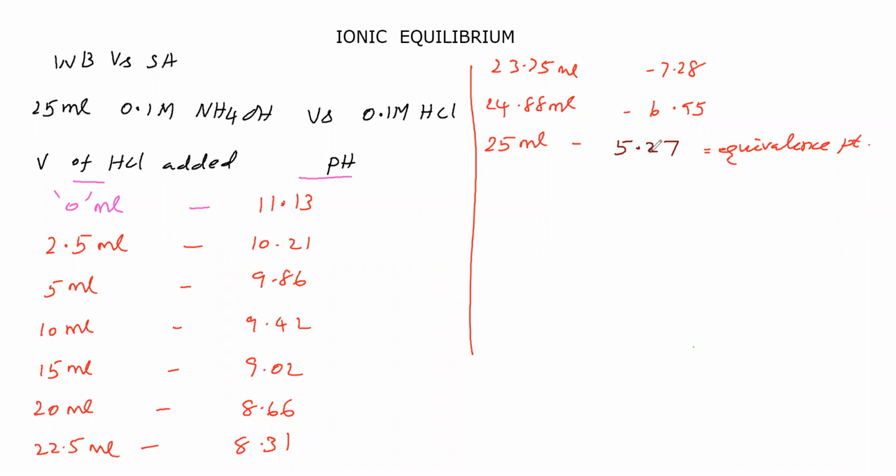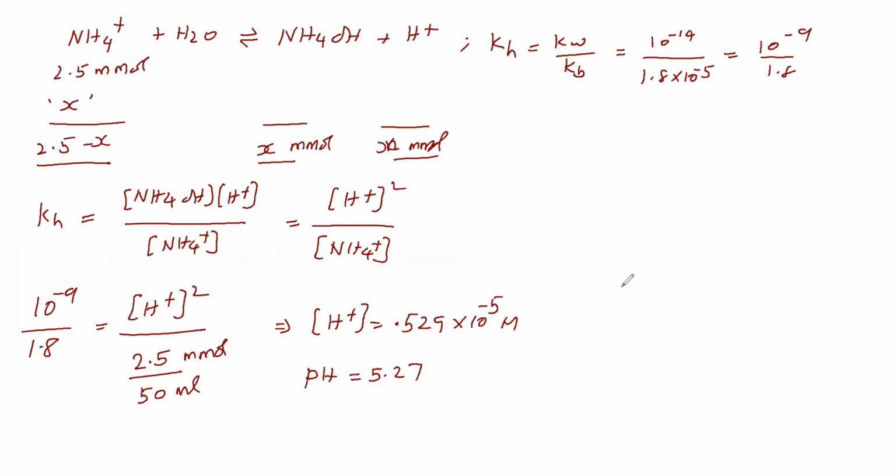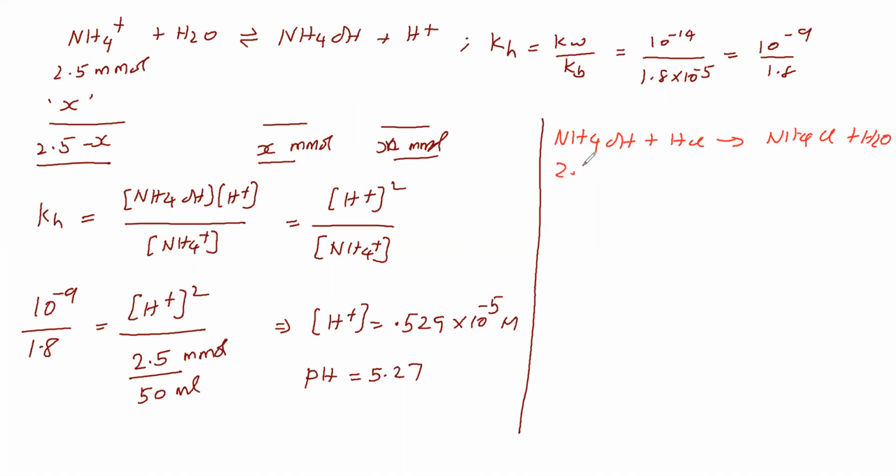Okay, so let us continue adding HCl from the burette into the conical flask. Now we have reached 26 ml. Now let us calculate the pH of the resultant solution. So now we will take the reaction. Ammonium hydroxide reacts with HCl to give ammonium chloride and water. Ammonium hydroxide we have taken in the conical flask initially is 25 ml, concentration 0.1 molar. On multiplying we get millimoles, that is 2.5 millimoles of ammonium hydroxide.